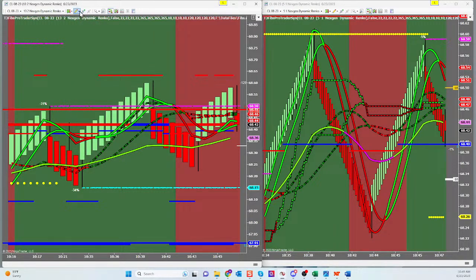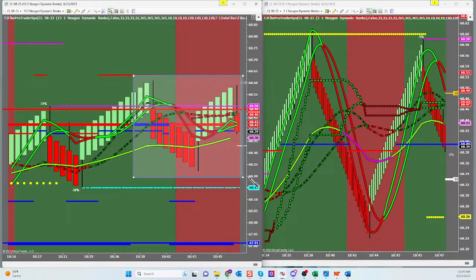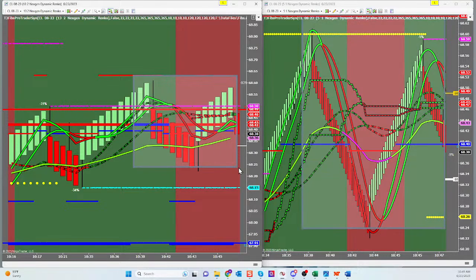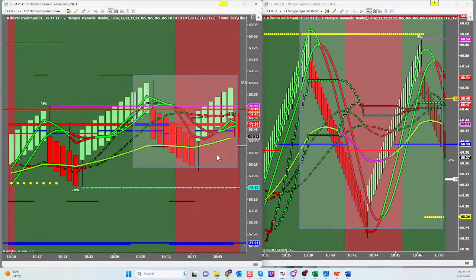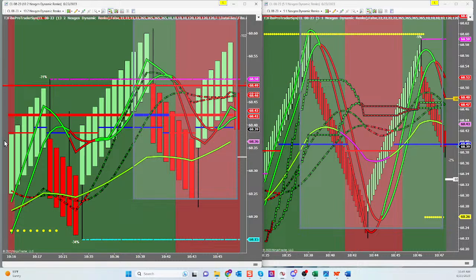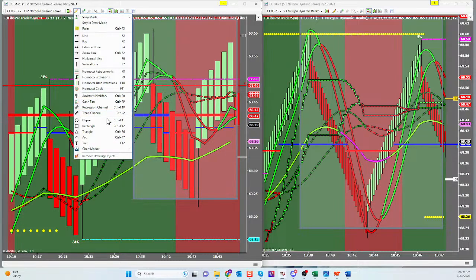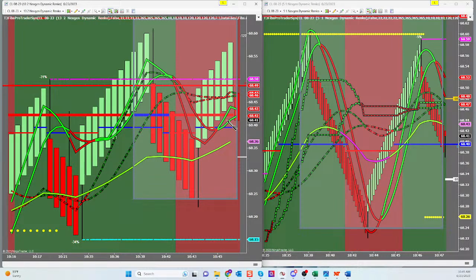Guys, you have the advantage right now with Nexgen of rules-based trading to say, I don't have any rules met inside of this box. Maybe I should let it get outside of the box. Maybe I should let these areas that keep holding stop holding. Maybe I should wait for that odds favorable momentum. Maybe I should wait for that clear path. Maybe I should give myself the advantages that I learn about every day in class rather than hoping or trying to predict what the market's going to do.